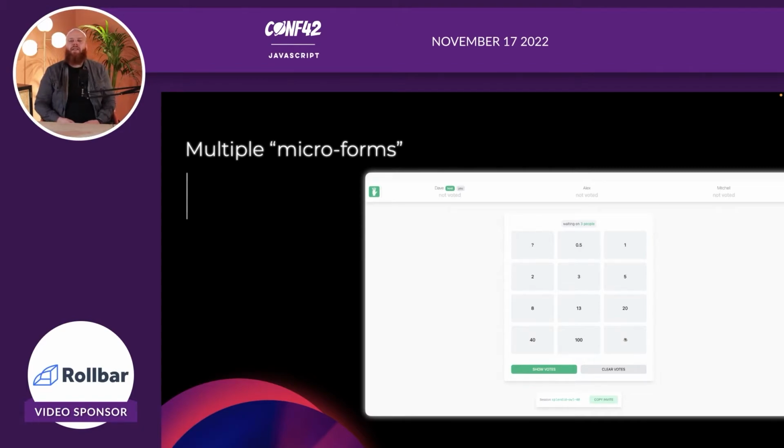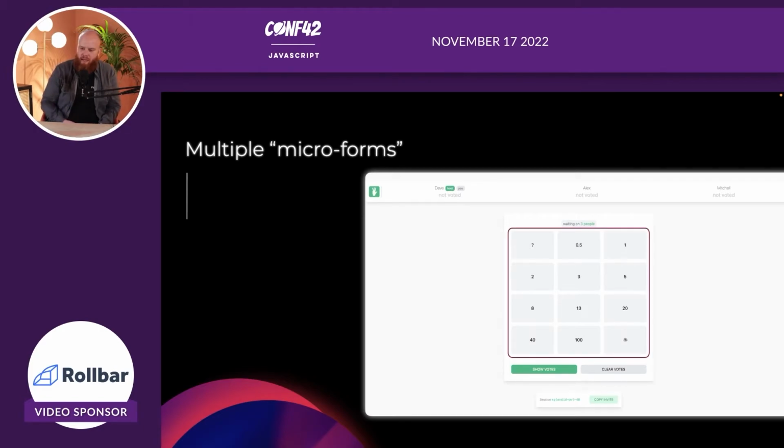So let's dive into these interactive bits, or rather these microforms, as I like to call them. Let's look at the voting first, right? Here we have this grid, and let's see how we can make this work without client-side JavaScript. What's good to remember is, again, it's not about your user not having client-side JavaScript.